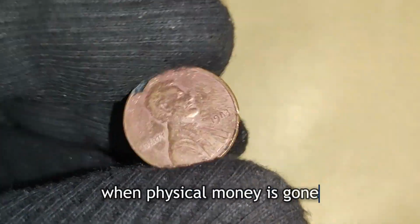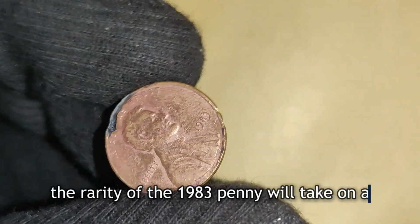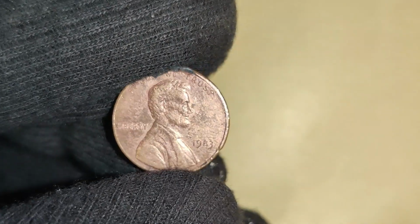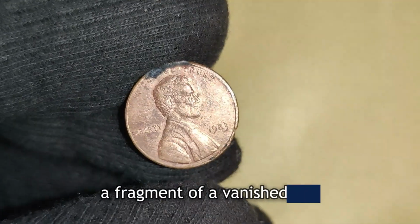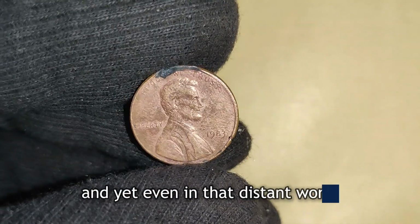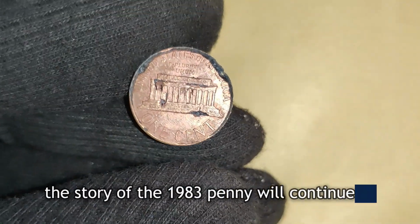When physical money is gone, the rarity of the 1983 penny will take on a new dimension. It will not just be a coin. It will be a piece of history, a fragment of a vanished age, like a fossil that carries the memory of a world long gone, and yet, even in that distant world, the story of the 1983 penny will continue